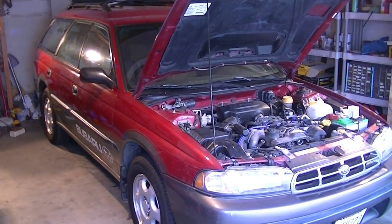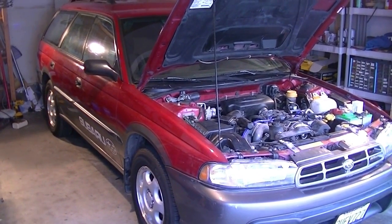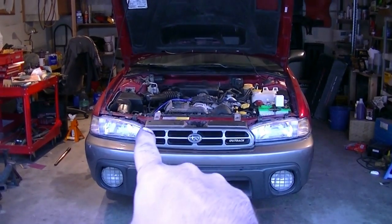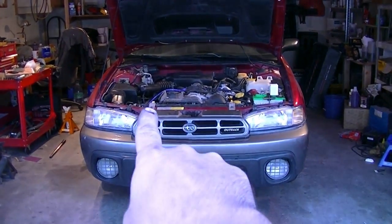remove and replace the thermostat on a 1997 Subaru Legacy Outback, and also how to bleed air out of the cooling system. Okay, next step is going to be to jack up the passenger side of the car, both because it makes it easier to get to the thermostat housing and also make it easier to bleed the air out